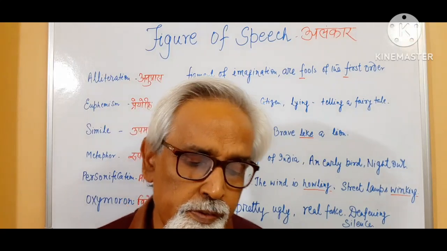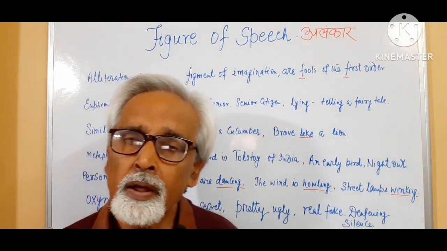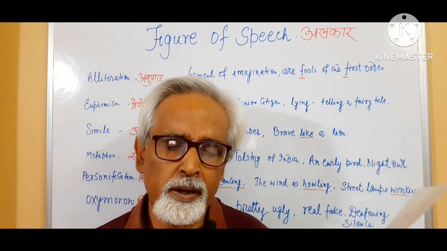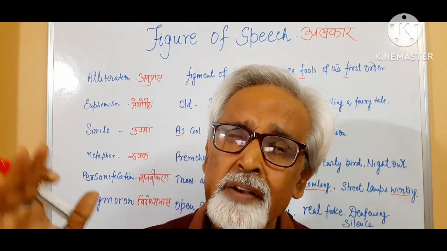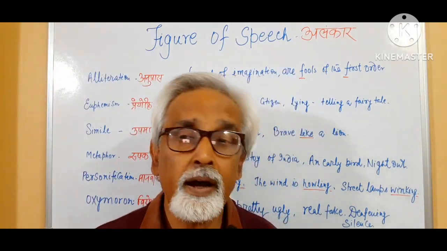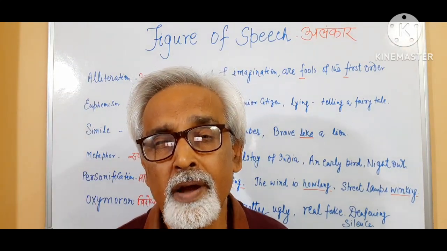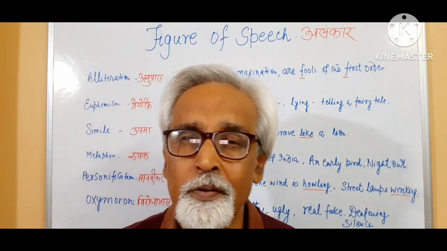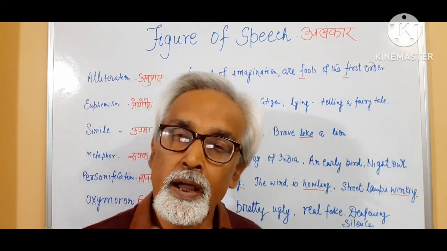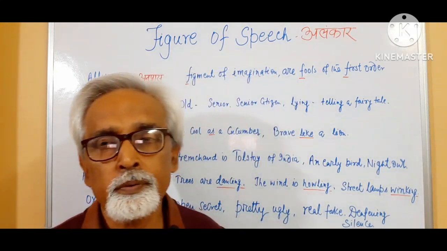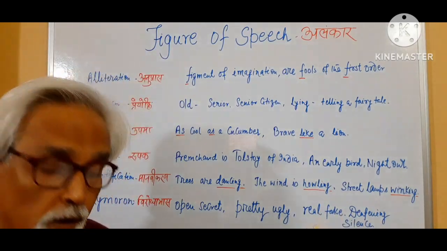When this song was being recorded by Kishore Da, tears had welled up in the eyes of people who were present there. How moving is the song and how beautifully some metaphors have been used in this situational song,